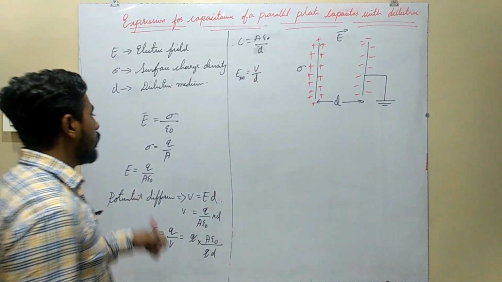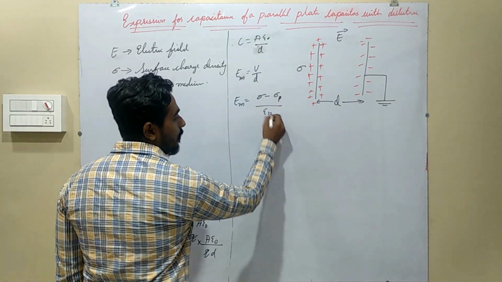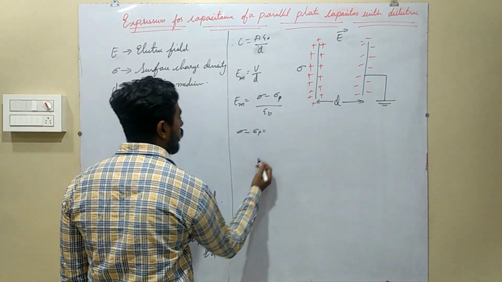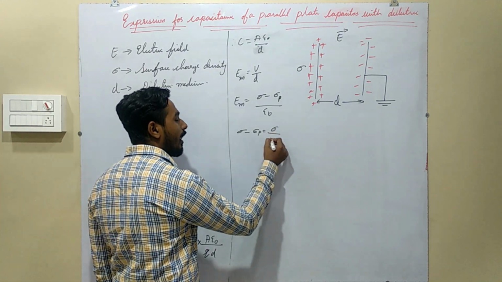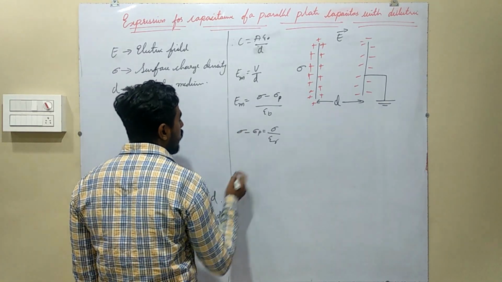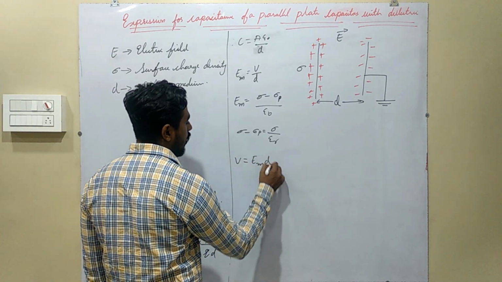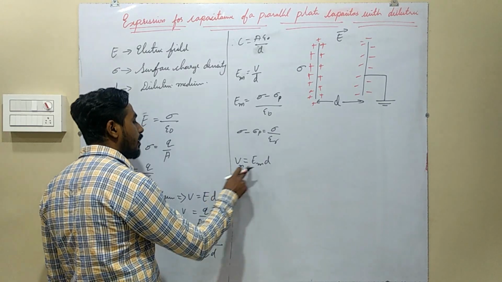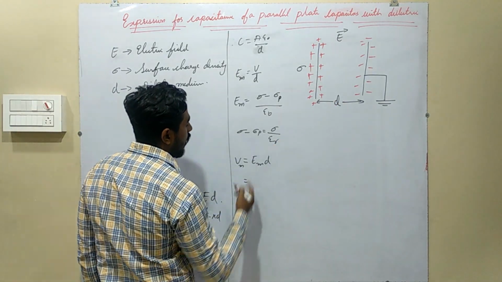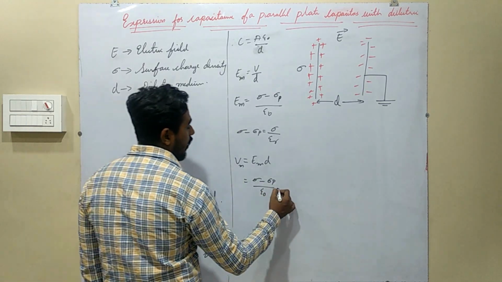But the electric field of the medium will be sigma minus sigma P divided by epsilon naught, isn't it? This sigma minus sigma P will be equal to sigma by epsilon R. Now when we substitute these values, we get V, and we already know the formula V is equal to EM into D. That is, the potential difference of the medium is equal to the electric field of the medium into the separation between them. Therefore EM, the electric field, is given by sigma minus sigma P divided by epsilon naught